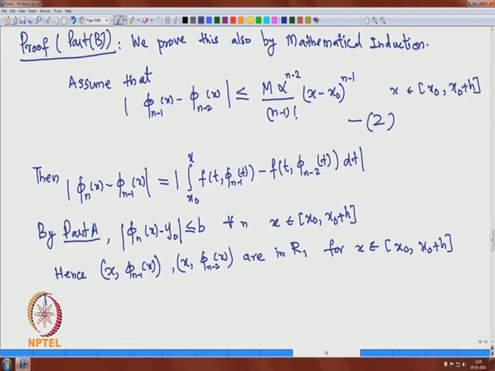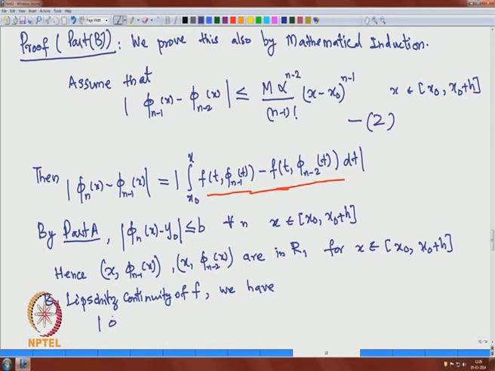So, therefore, by Lipschitz continuity of f, if we apply the Lipschitz continuity of f on this difference, we have,